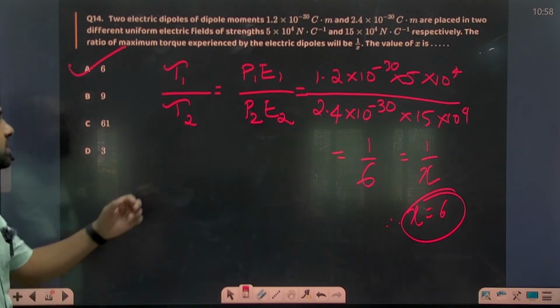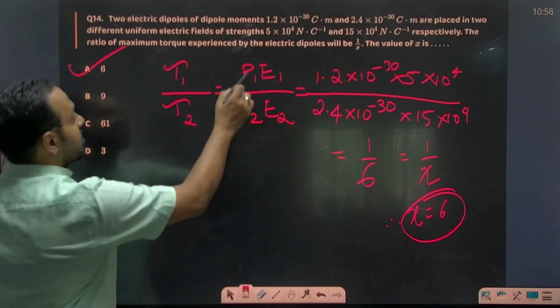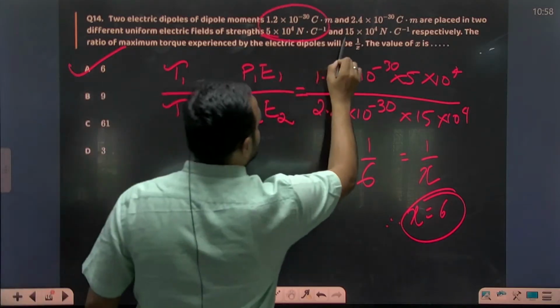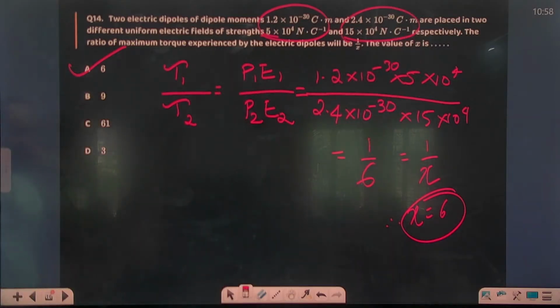For the maximum torque, one has PE and the other has PE. One PE is 1.2 into 5, another PE is 2.4 into 15. Taking the ratio, we get 1 by 6. 1 by 6 equal to 1 by x is equal to